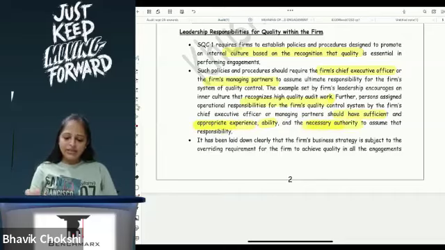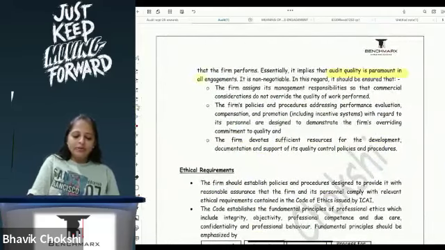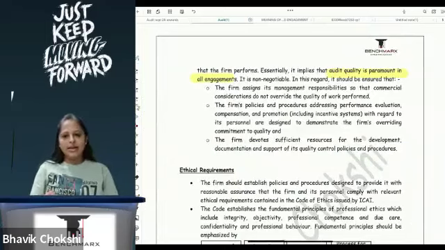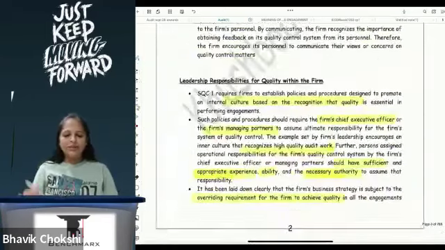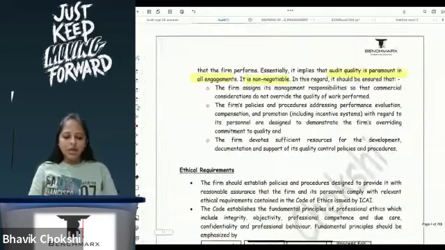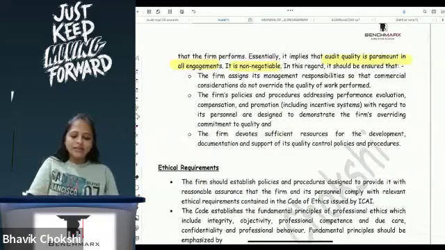And it has been clearly laid down that the firm's business strategy is subject to the overriding requirement for the firm to achieve quality in all engagements. It is important that audit quality should be of paramount importance, and it should be non-negotiable. Okay. Now when I am a leader and I am saying that quality has to be maintained, what are the things that I should ensure is that